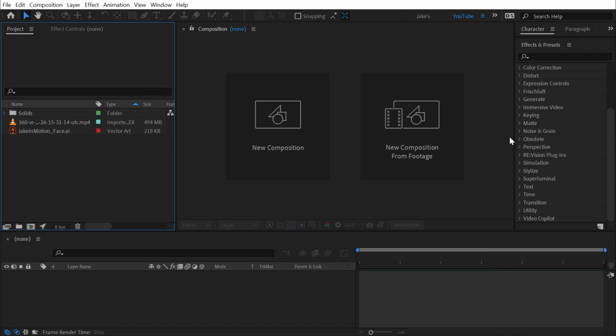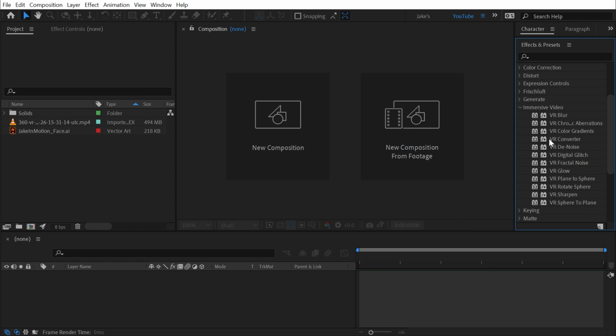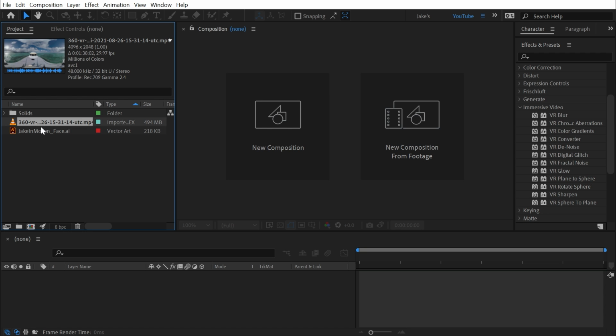All of the VR effects in After Effects can be found under the immersive video category, and these are designed specifically to work with 360 VR source material. So whether that's a 360 image or a 360 video clip. I have a 360 video clip here that I got from Envato Elements, so I'm just gonna click and drag